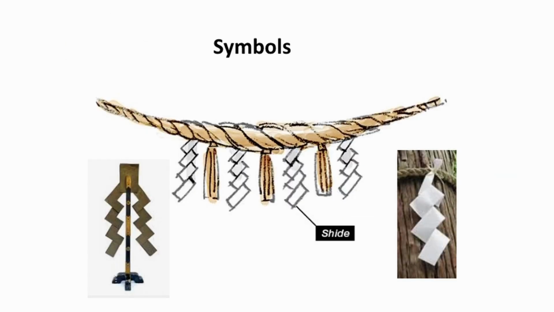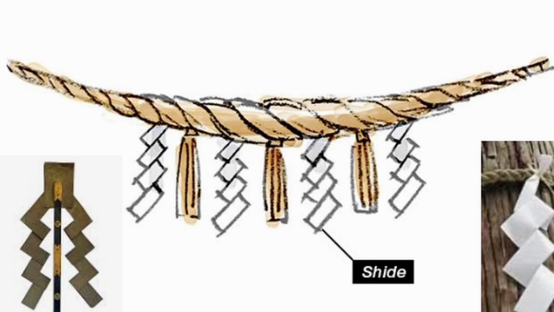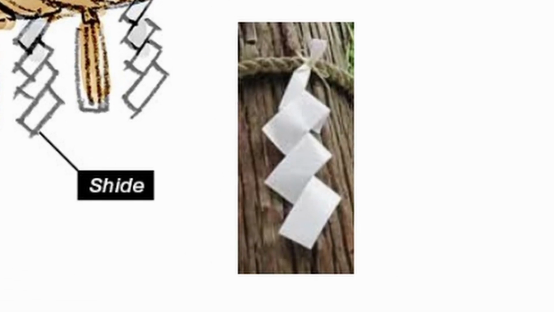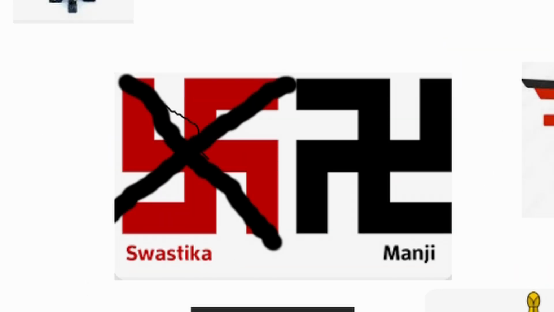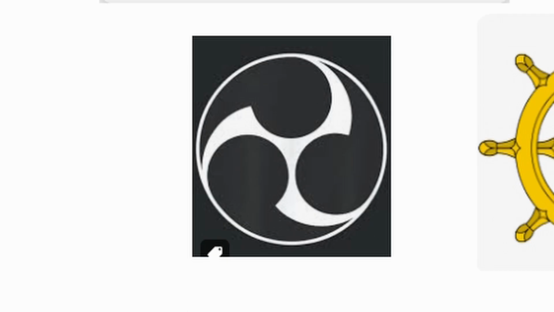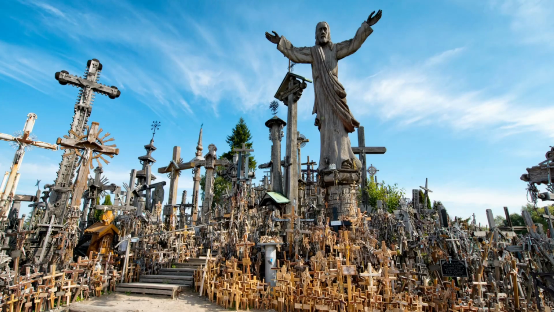Researching Japanese religion, I saw that Shimenawa rope and shide, the white zigzag papers, were common symbols at temples that seemed easy to recreate on the tabletop. There is also the controversial manji, or swastika, and the tomo symbol. I reasoned that, as the spiritual leaders of the army, the monks would be bedecked with the most overt religious